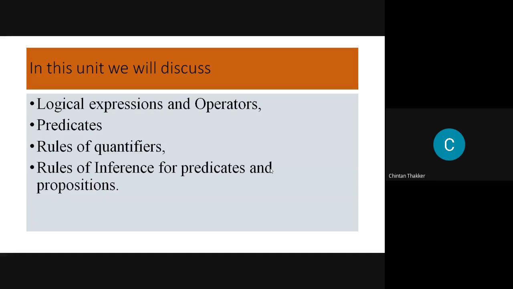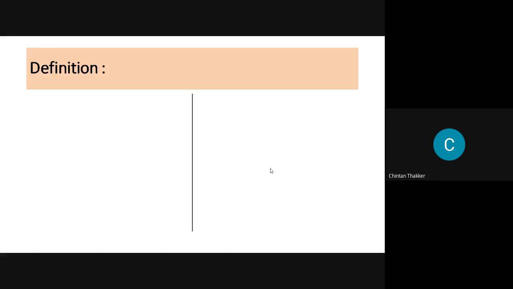Okay, so first we start with the definition of statement. So what is a statement? If you are given any sentence, and you can say that it is true or false, you can give the value of that sentence as either true or false, then that sentence is called a statement.